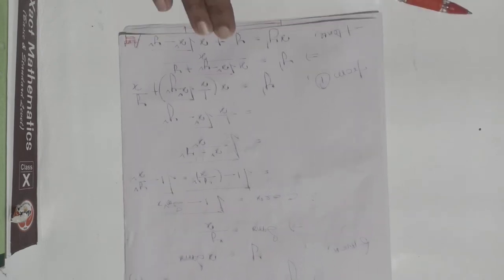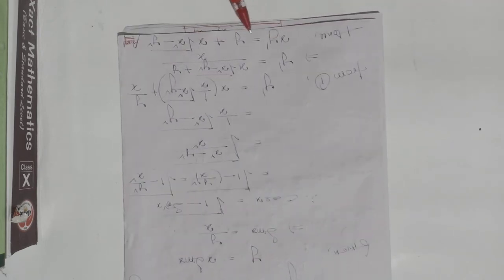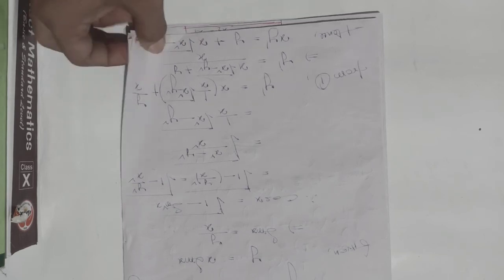Given y equal to x sin x, so sin x equal to y by x, and cos x equal to root over 1 minus sin square x. So 1 minus y by x whole square, 1 minus y square by x square, it is x square minus y square by x square. It is nothing but 1 by x root over x square minus y square. So when you put all the terms in equation number 1, we get x y dash equal to y plus x root over x square minus y square, which is the given differential equation, so the given function is a solution of this differential equation.